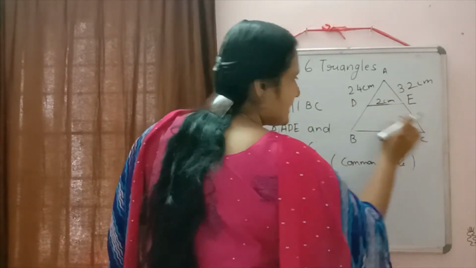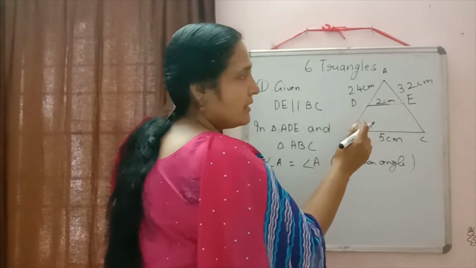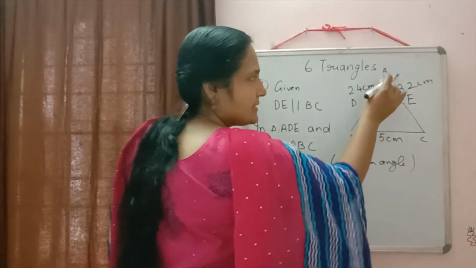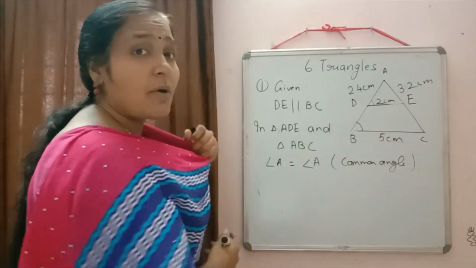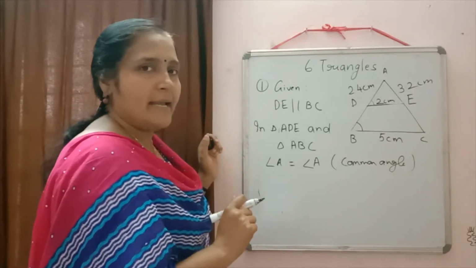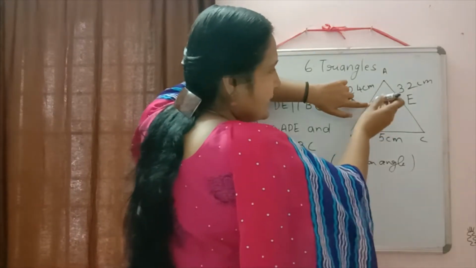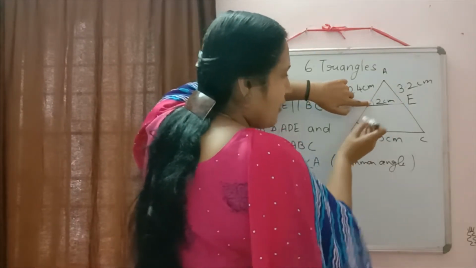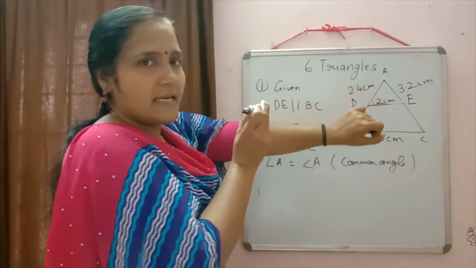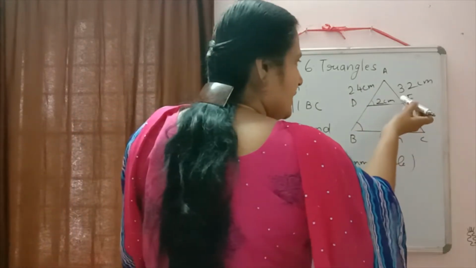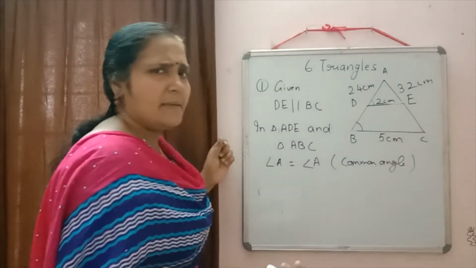Two parallel lines are intersected by this transversal. So which two angles will be equal? Yes, angle ADE will be equal to angle B. By which property? Yes, corresponding angles. If you check, these are the two parallel lines and these are the angles which we are getting at the top. These types of angles are called corresponding angles. Their position is the same. In the same way, if you need, you can write angle AED equal to angle C. It depends on you.